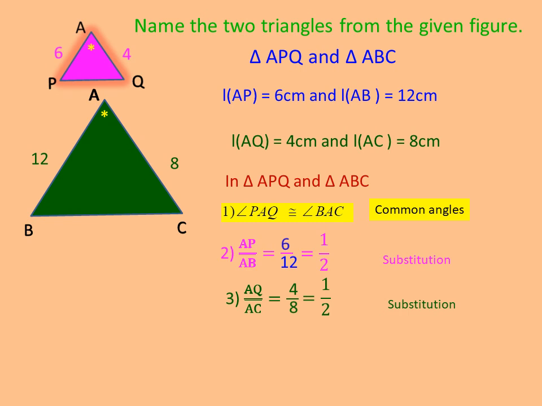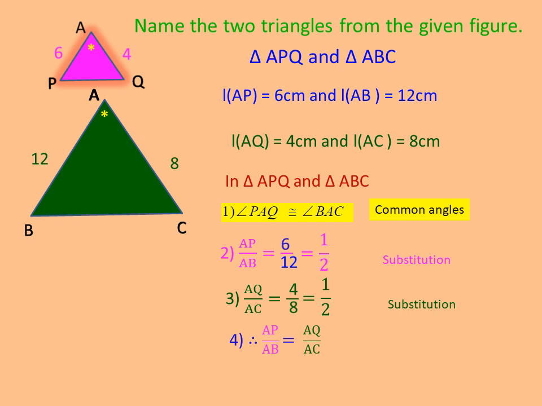1 upon 2. One more thing you have to keep in mind, these two ratios value we are finding out from the given values what is given in the question. We have not assumed for ourselves. These values are given. Same way you have to take the value what is given to you in the question and then find out the ratio, and then you can say that triangle, see here, AP upon AB equals to AQ upon AC.